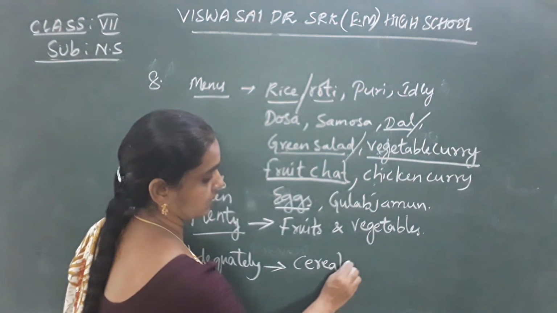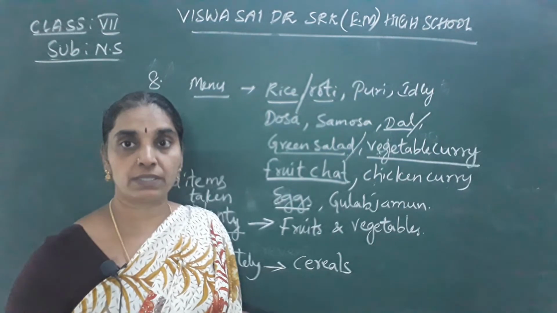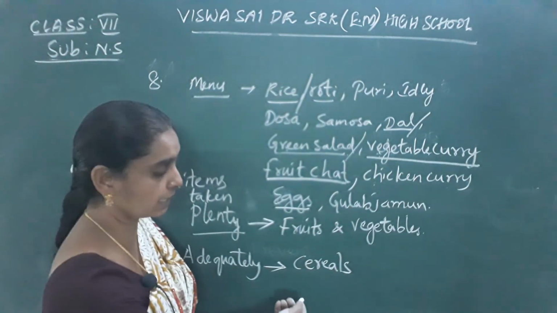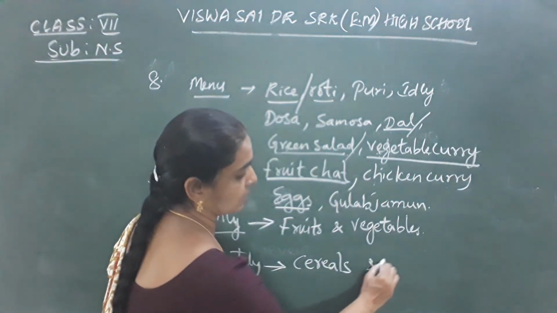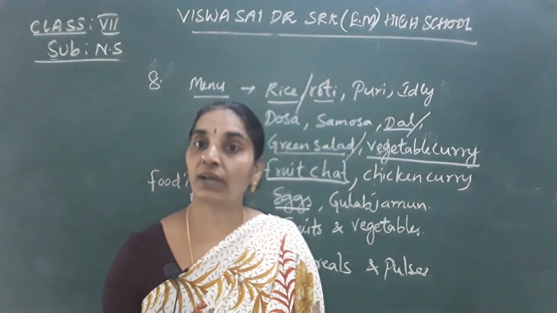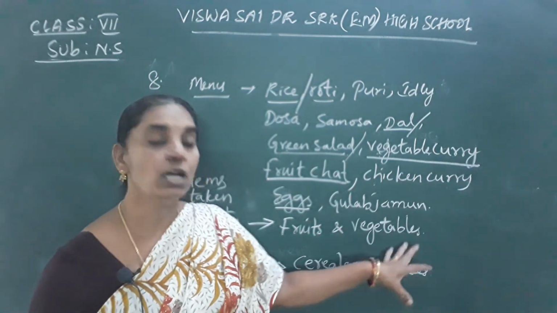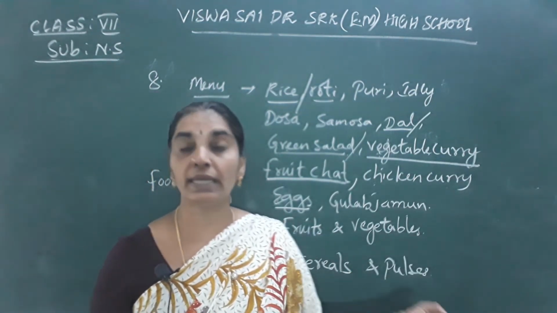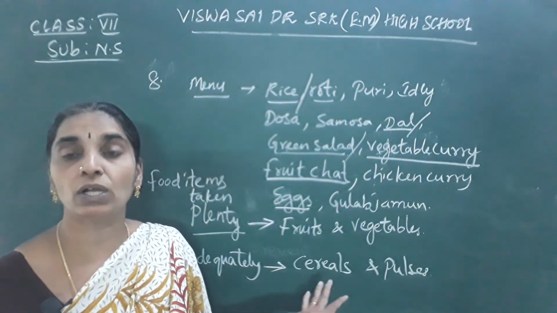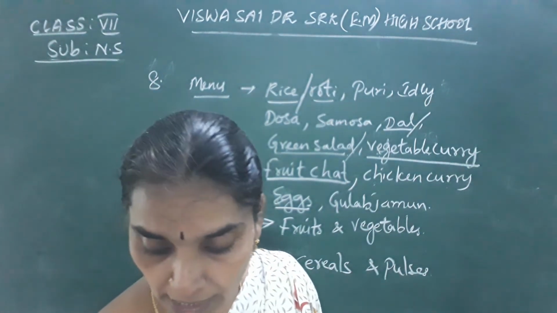Cereals like rice, wheat, barley, maize, all these items. From all these items you have to select any one or two and add in your daily diet. Cereals and pulses also. You know the different types of pulses like red gram, green gram, black gram, Bengal gram, isn't it? Soya beans, all the bean varieties, peas, etc. to be included in your diet regularly in adequate manner. So if you take this in adequate manner, your diet will be a balanced one. So that is the question here asked for you.